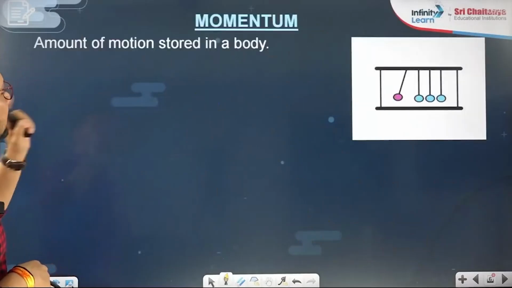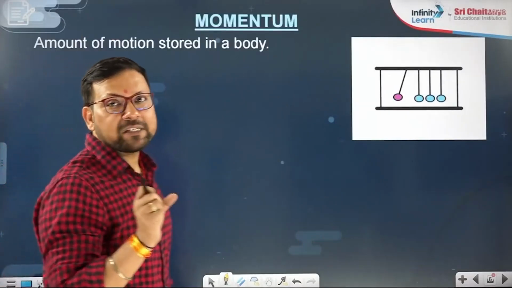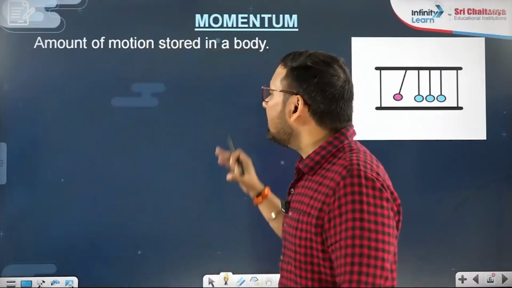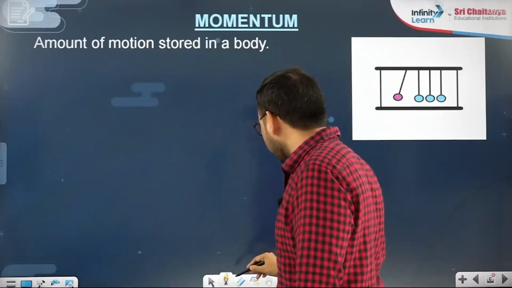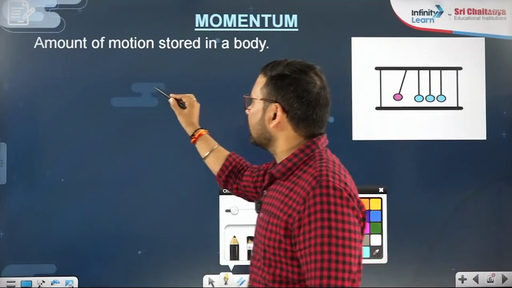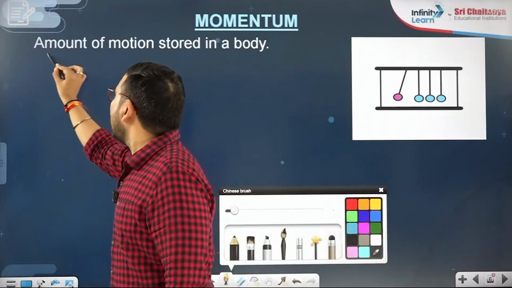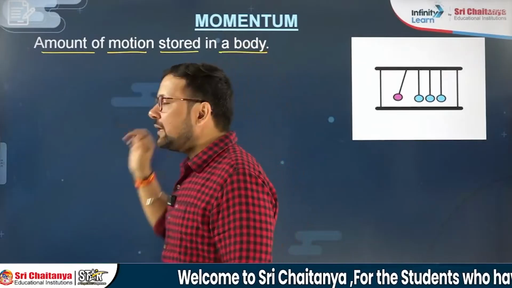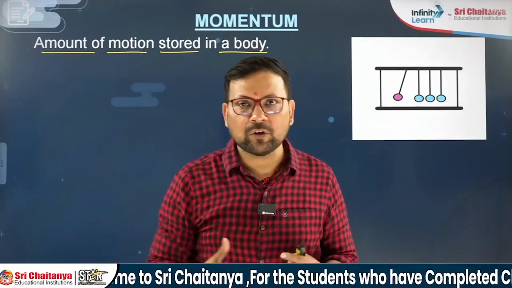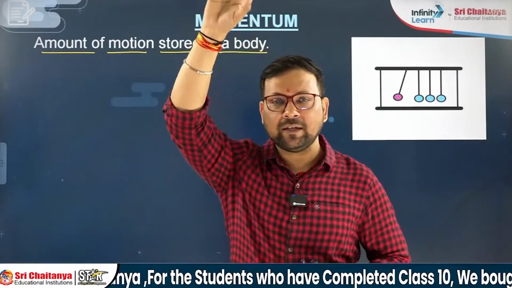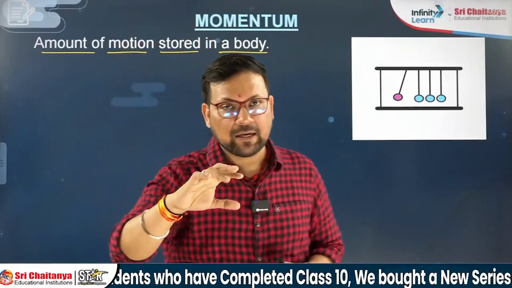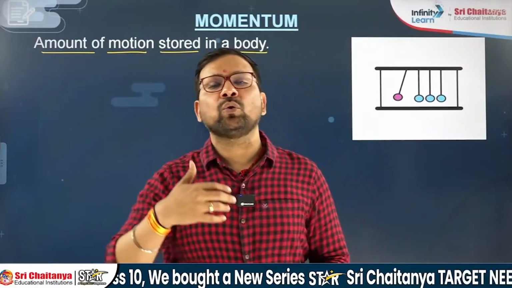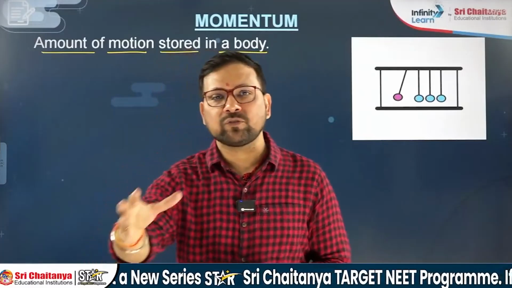Now come to this concept. That concept is the basic concept for your next topic, the next law, which is called Newton's second law. But before going to this, we will discuss momentum, and I have written one definition for you. What is momentum? The amount of motion stored in a body is called momentum. Whenever you have motion, suppose a fan is running, right? Switch off your fan. It will not stop instantaneously. It will take some time until the total momentum is lost from the fan.